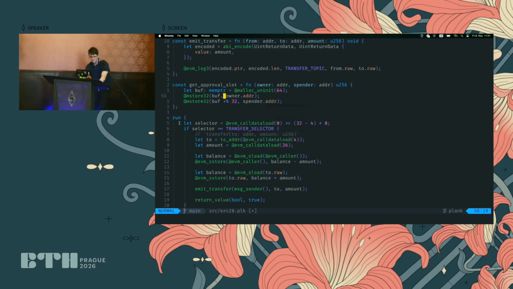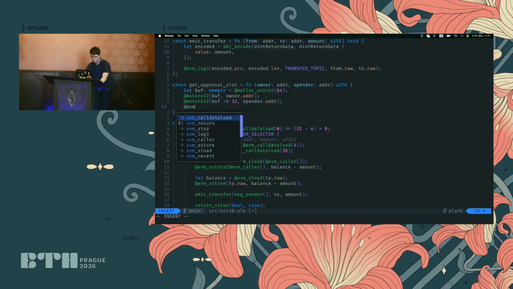So this is generally the convention in Plank. So you have the normal operators like plus, minus, multiply. And then when you want to tell Plank that this one should not be overflow checked, like I know what I'm doing, or in the case of pointers, it only supports unchecked, you add the percent. So percent always means wrapping, like modulo, so it means that things will wrap. So we write the spender, and then we have our unique slot. So now we're saying we're hashing from the initial pointer 64 bytes.